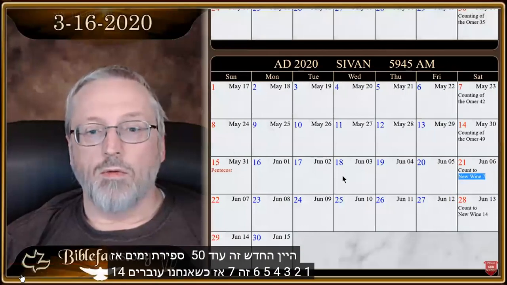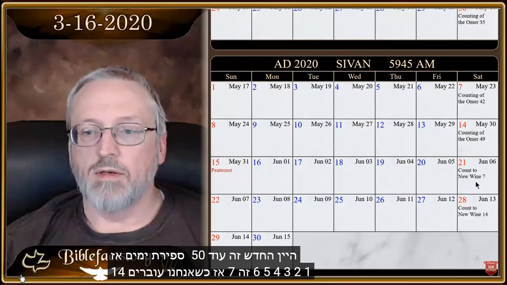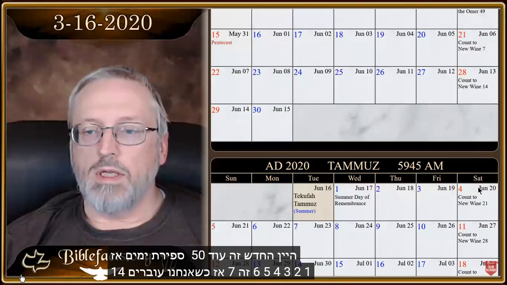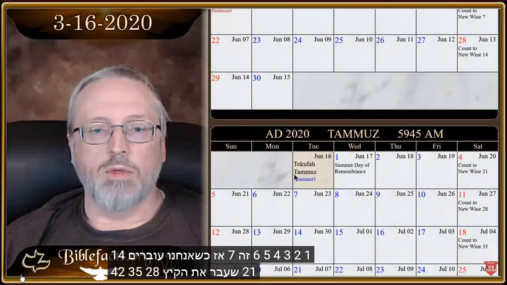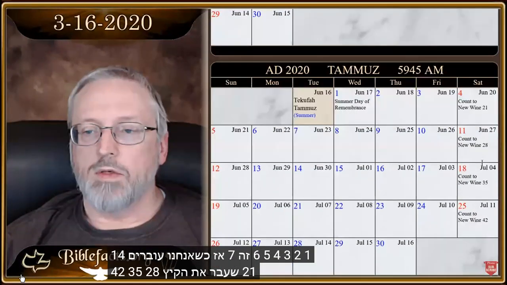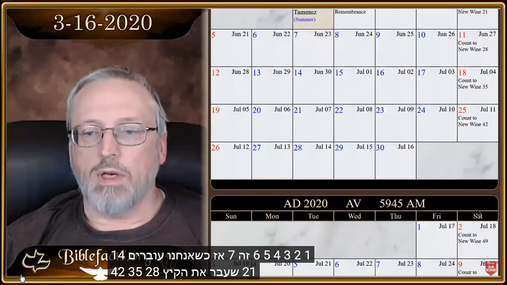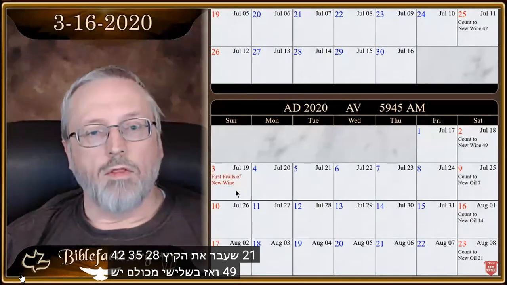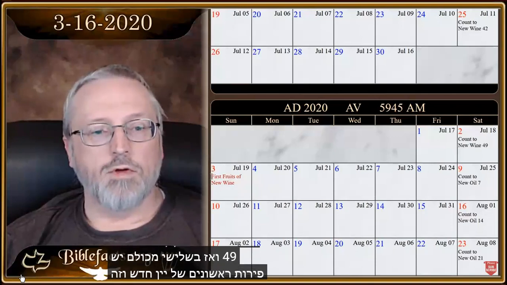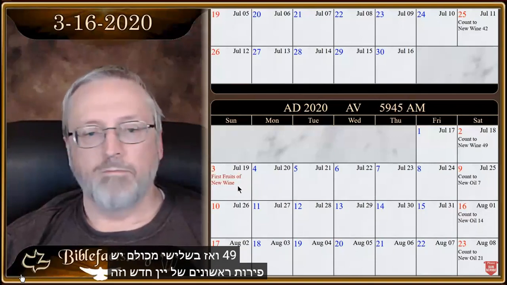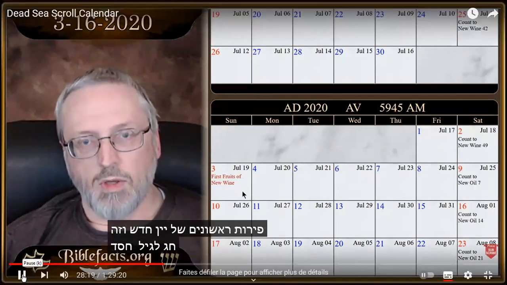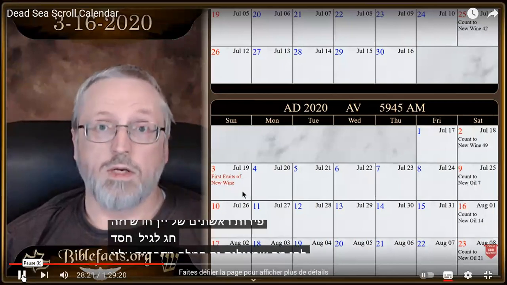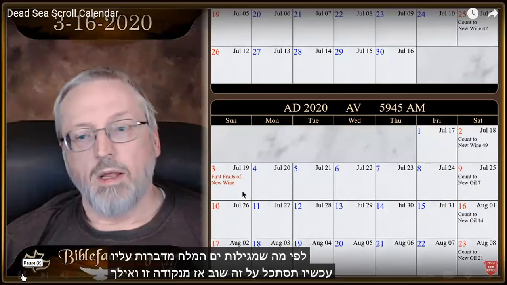So 1, 2, 3, 4, 5, 6, this is 7. So when we go 14, 21, which is past the summer, 28, 35, 42, 49, and then on the 3rd of Av is the first fruits of new wine. And that is a festival for the age of grace, according to what the Dead Sea Scrolls talk about. Now,